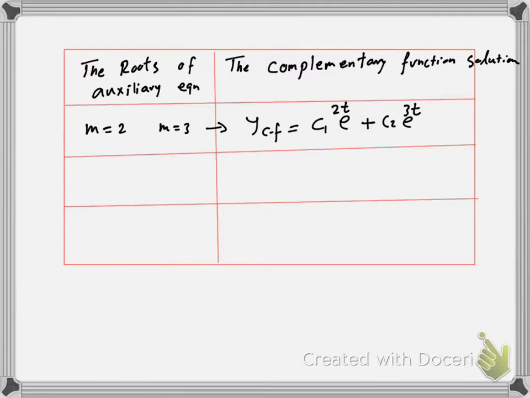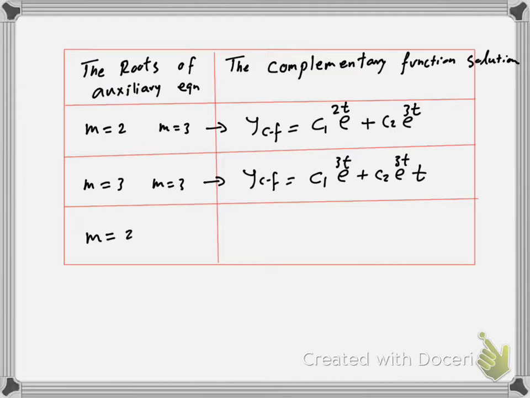The second case, if the roots of the auxiliary equation are equal to each other, then at that time the complementary solution will become C1 e to the power 3t plus C2 e to the power 3t, but multiplied by t. The third case, if the root itself has a real part and an imaginary part, suppose,